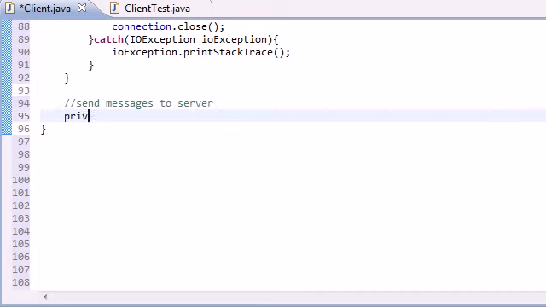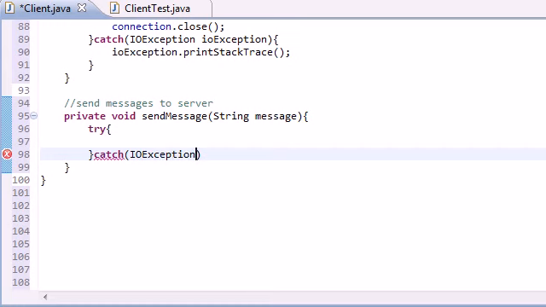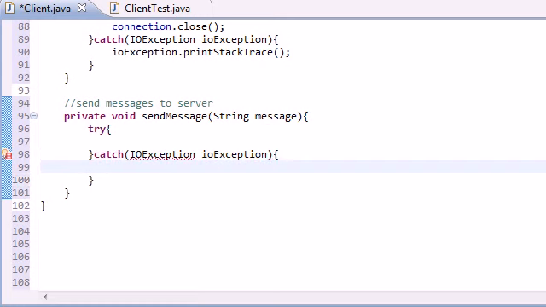So, private void sendMessage, and of course it's a string that gets passed in, and we'll just go ahead and treat it as message. Now what we want to do is of course put it in a try catch statement, and hopefully this catch never runs. So IOException, exception, and what can we put? We'll just go ahead and put